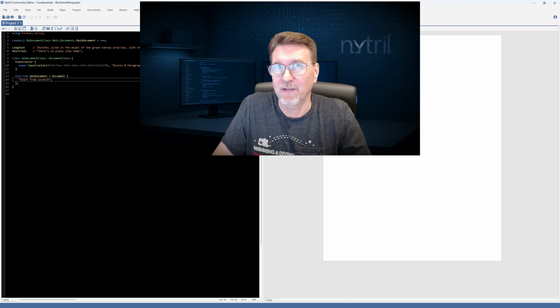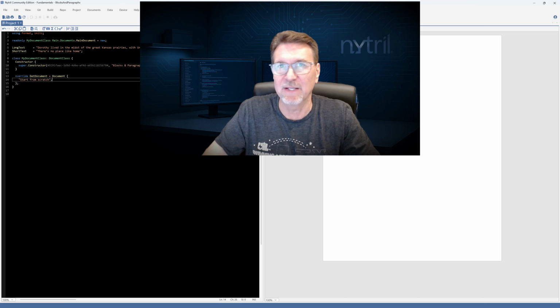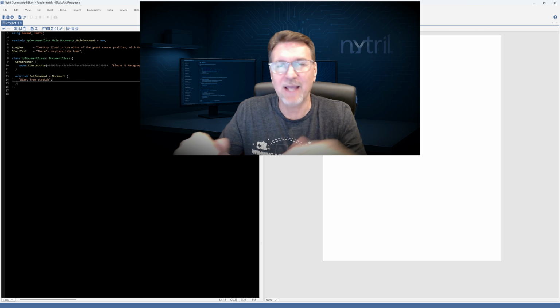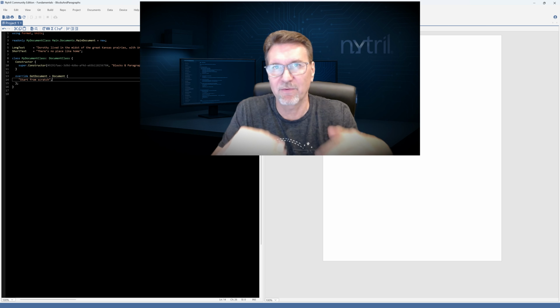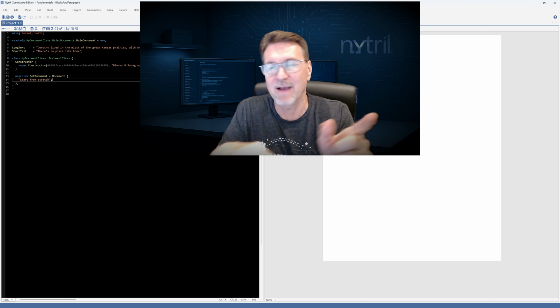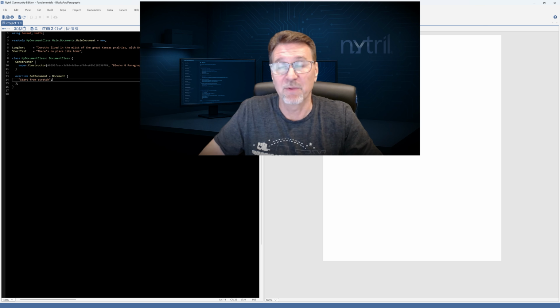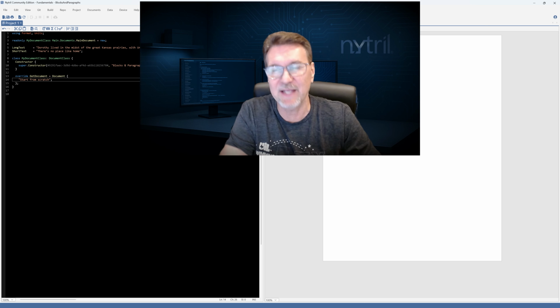A block, on the other hand, the reason we're talking about them together is because a block creates paragraphs. So a block will have certain content inside of it, whatever that is. We call them elements. And each one of the element items inside the block, when it renders into the document, the block will take each one of those element items, turn it into a paragraph, and place it in the document. The block itself never actually enters into the document. It just creates paragraphs from its content.